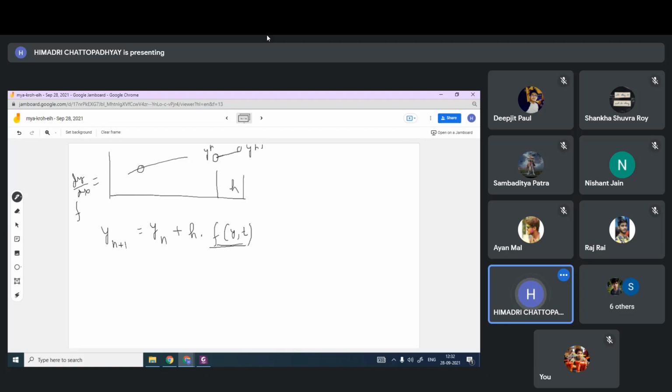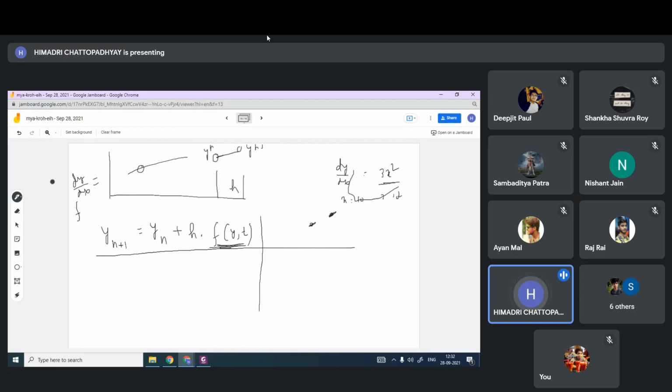So as I told you, I am evaluating the slope here. For example, say dy/dx is 3x squared. Then at x equal to 10, I am evaluating 3 into 10 squared like this. But you see, this is between two points, this point and this point. I can evaluate the slope here, I can evaluate the slope here as well. So there are better methods. This is first order accurate.